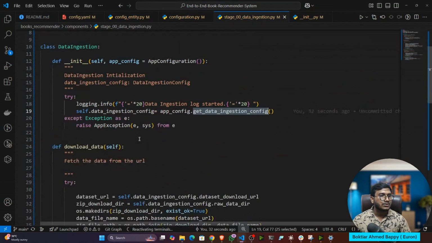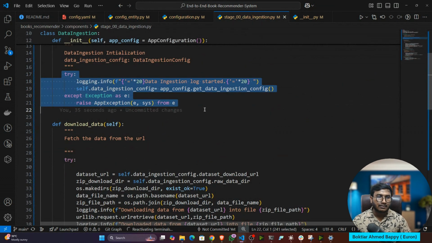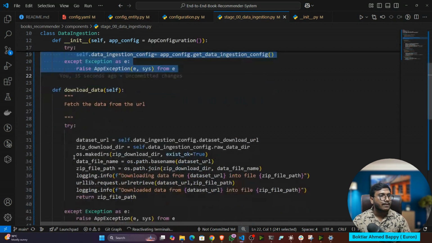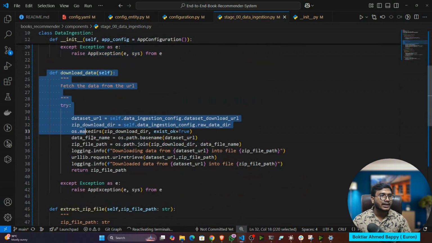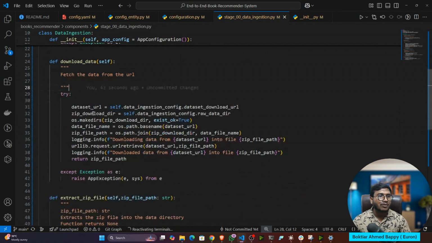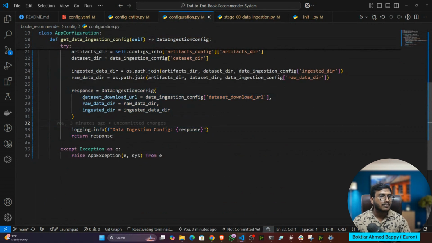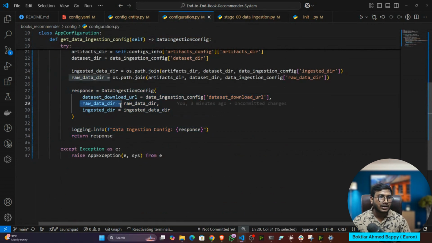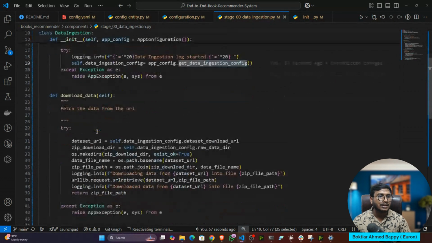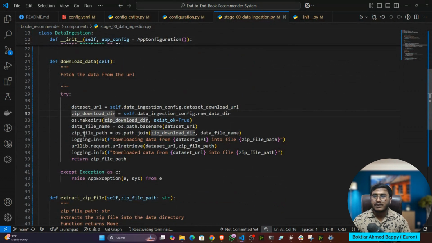So here, if I show you, I've written it in the try except block, because if any exception is occurring, my code will give me the exception. Then the first thing, I'm downloading the data from the URL, and this is the method I have written. How? First of all, I'm getting the data ingestion URL from data ingestion config, because inside the configuration, I have the URL. I have the raw data directory. I have the ingested data directory. Like that, we are extracting all the things one by one.